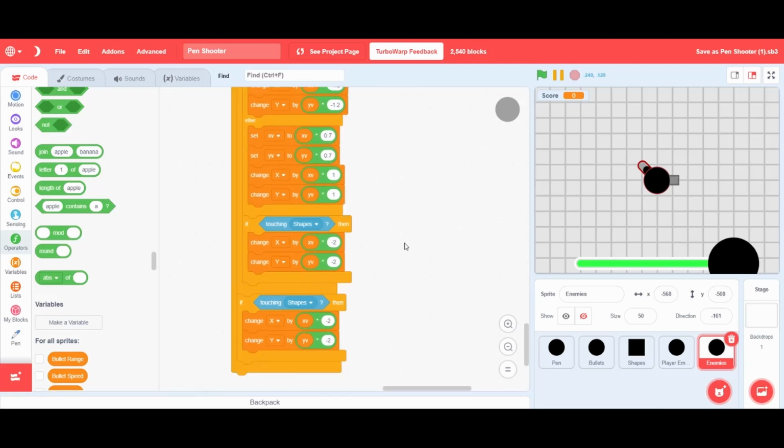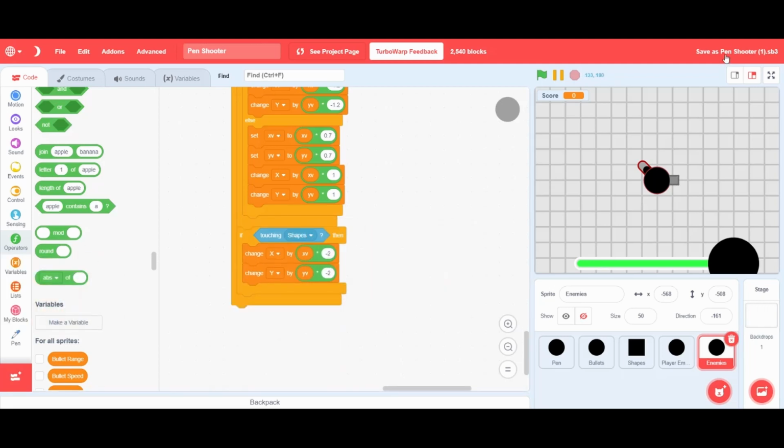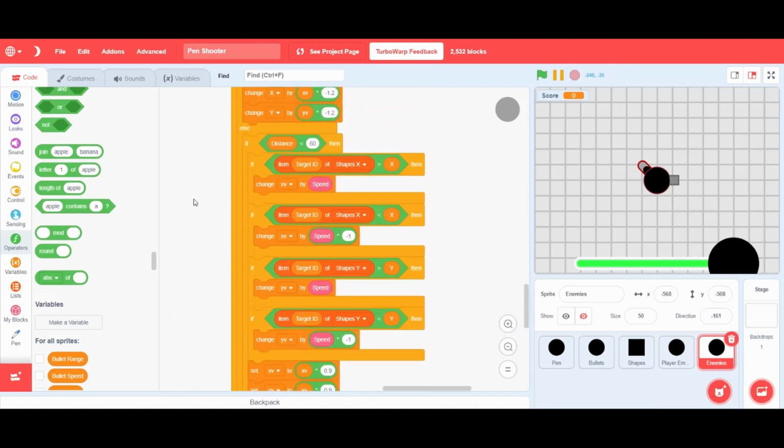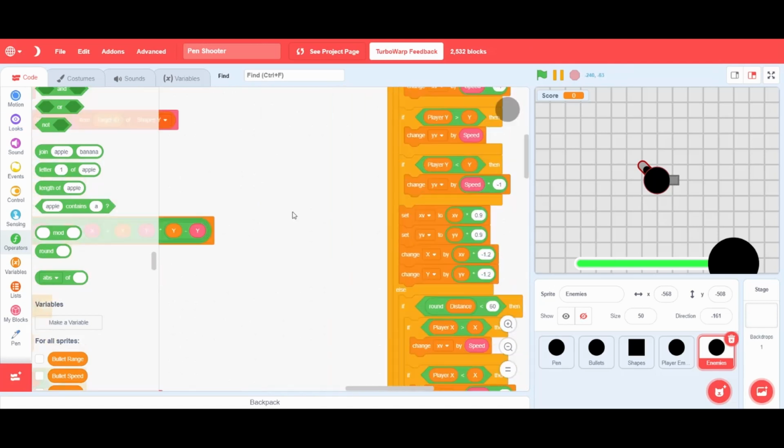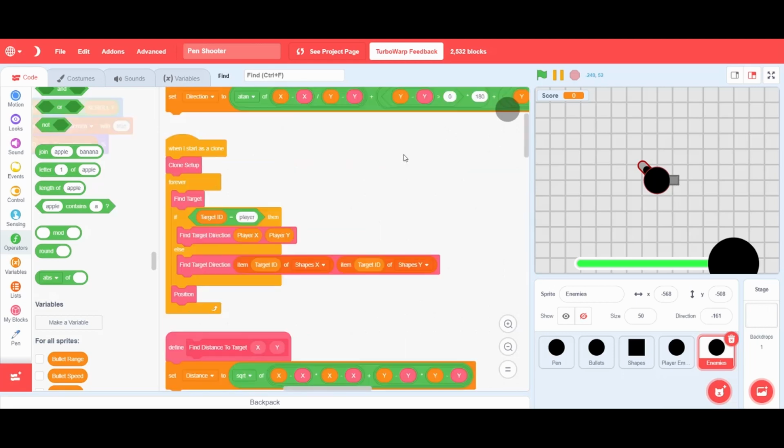Oops. I think that is all, at least all for that script, but I might have done something wrong, so I'm not sure if I did all of that right, but I hope so. Now it should work, and it should target things. So let's go ahead and